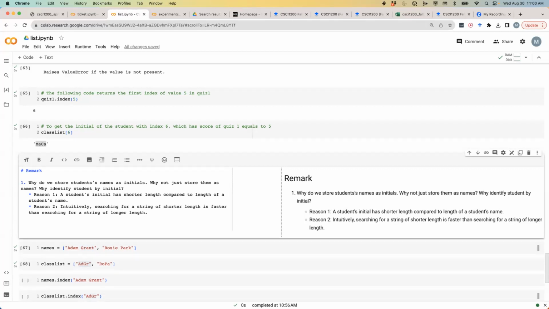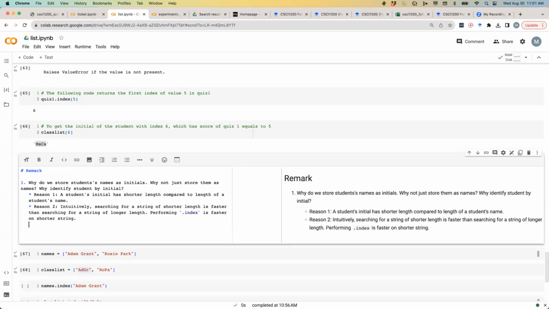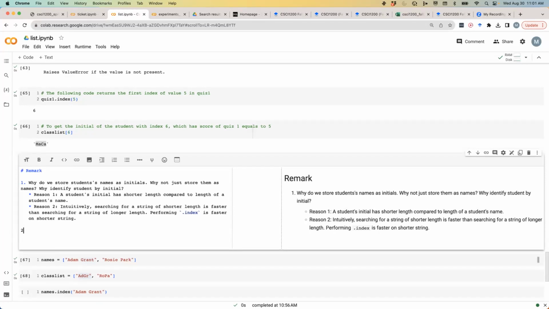So when I search for initials, I only search for 4 characters rather than searching for the original names, which has more than 4 characters. Performing the method .index is faster on shorter strings. All right, so that's the reason. And then, if we want a short form of name for faster computation of .index and to save space,